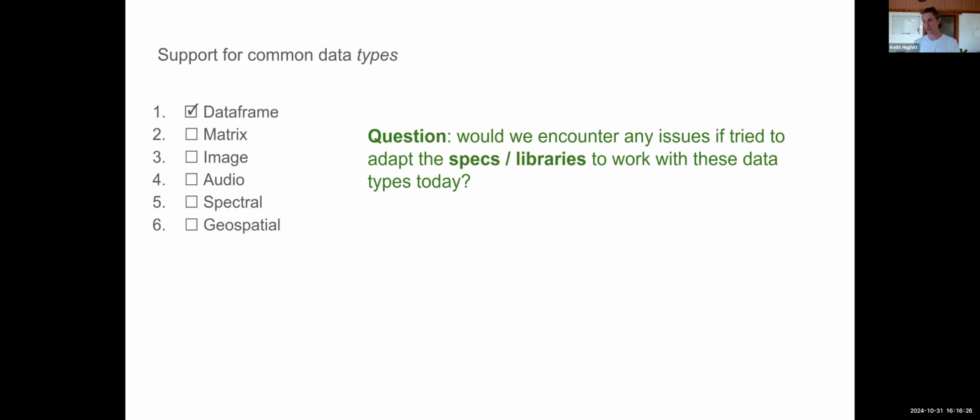So if you were to take the Python frictionless framework, which is, I think, kind of the flagship one and the main one that people use and we put effort into, and you were to try to create data packages where instead of tables, you were to have any of these types, would you encounter any problems, or would there be some kind of friction, so to speak?